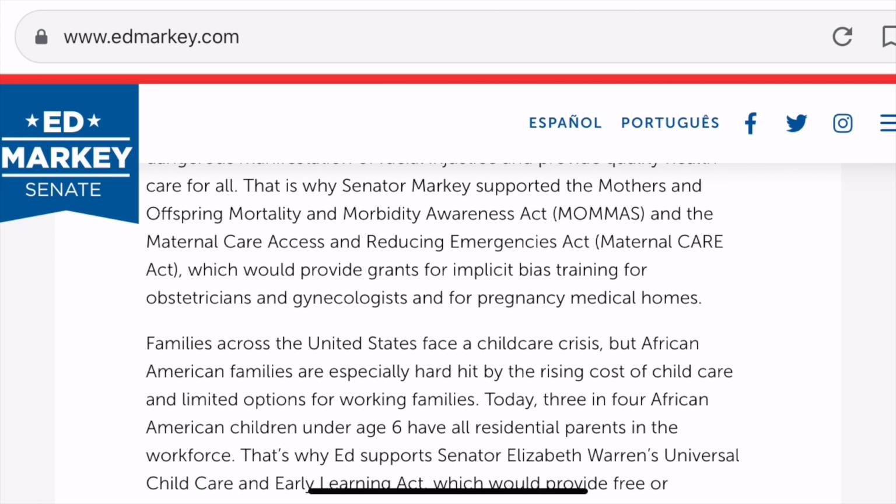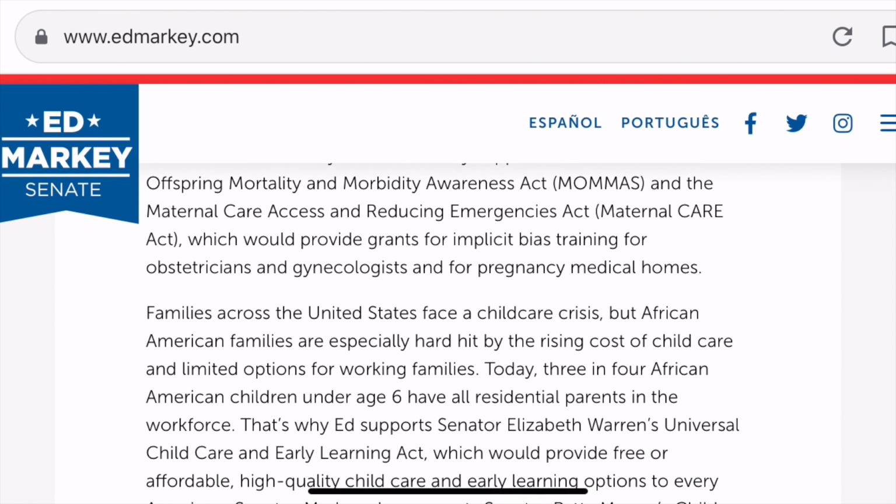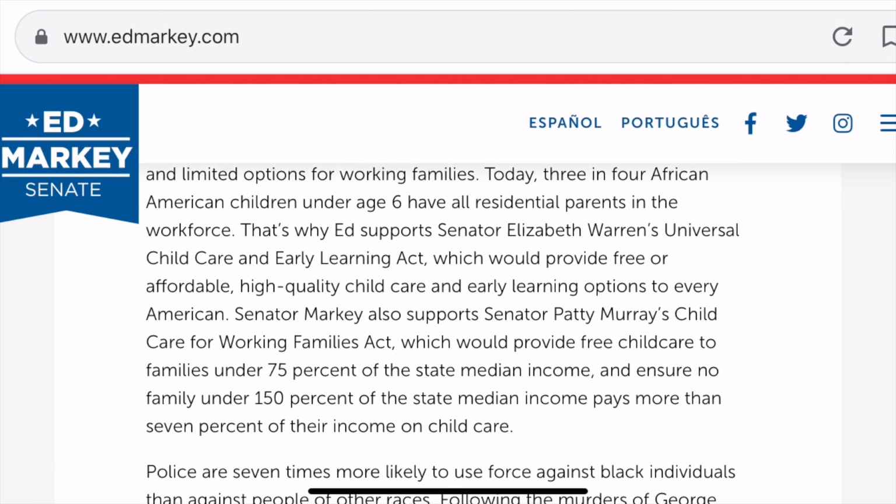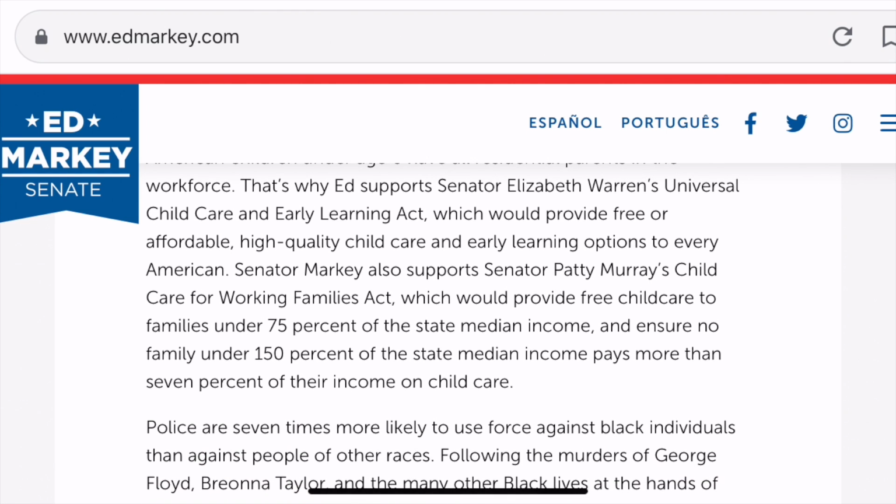The reason why these are particularly relevant is that there is a huge disparity in terms of health outcomes for African Americans, especially Black women, and so that is why he's highlighting these issues under the racial injustice page. FYI for anyone that does not know.